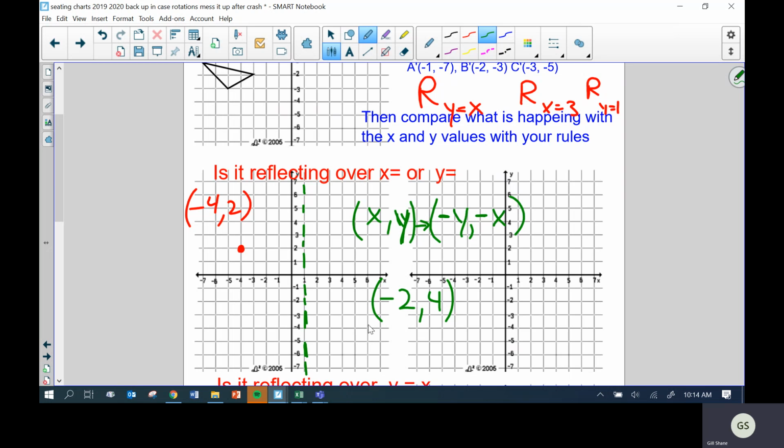I do want you to understand, because there are problems where you will need to understand how to reflect it over X equals a number or Y equals a number. But I would say the better process is to check this first and then look at your rules, and you might not ever have to do that in some of the problems, but I think there might be 1 or 2 problems where you have to be able to do this. So again, if you want to reflect it over a Y number, we'll say,